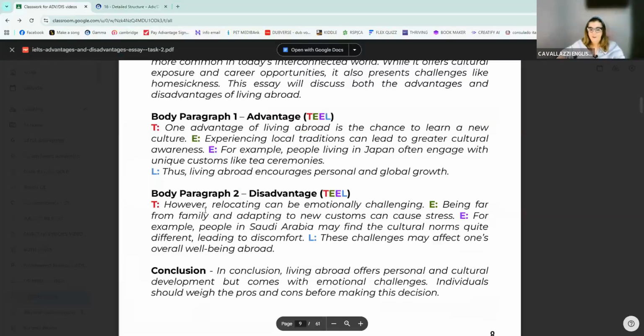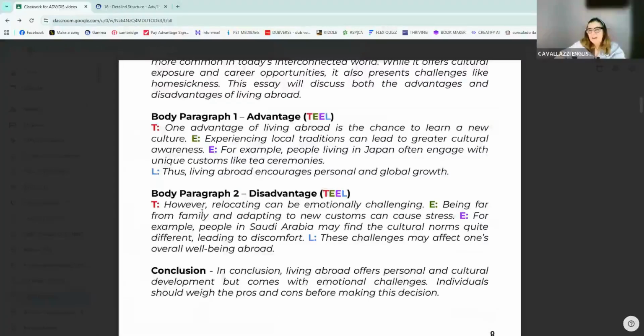However, I started with however. I made it really simple like this to show that it's a contrast. I'm moving from the advantage to the disadvantage. I could have put on the other hand. However, and there are several other contrasts that we will learn and use. Okay? Calm down. Relax. We'll get there. All right? Don't worry. We'll get there.